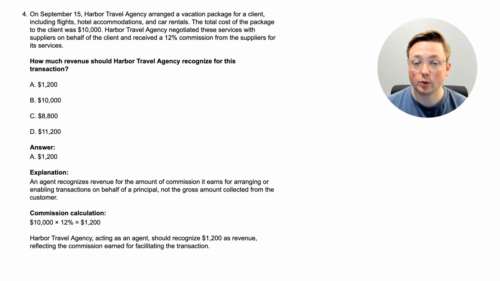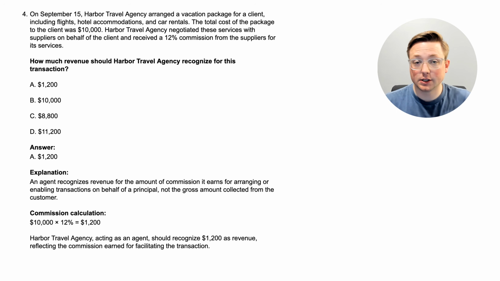This is a different part of revenue recognition than we've talked about so far. This is an agent-principal relationship. We're not going to dive super into that for FAR. That is something that has been mainly moved to BAR. So this is just a very light overview, a light dive into this. An agent recognizes revenue for the amount of commission it earns for arranging or enabling transactions on behalf of a principal, not the gross amount collected from the customer. So their commission is just the $10,000 multiplied by the 12%. That gives you $1,200. Harbor Travel Agency, acting as an agent, should recognize $1,200 as revenue, reflecting the commission earned